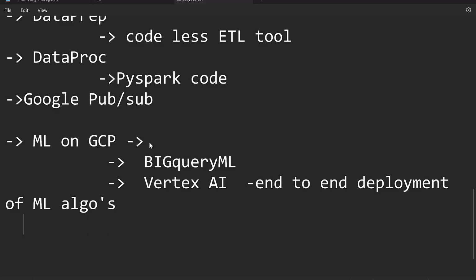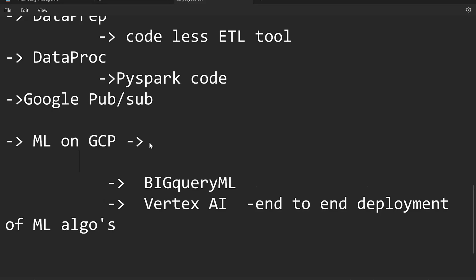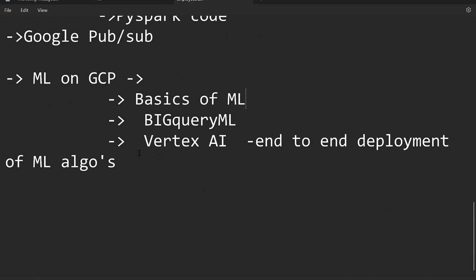So here we'll teach you basics of ML as well. Basically, Vertex AI is used for deployment purposes, right? For AI ML models. The next will be